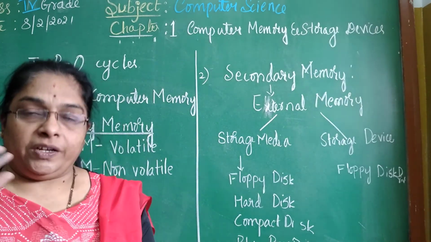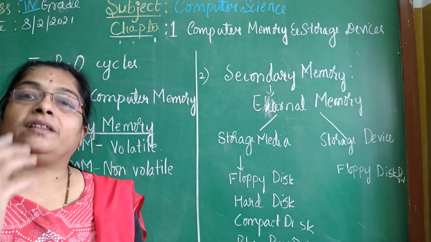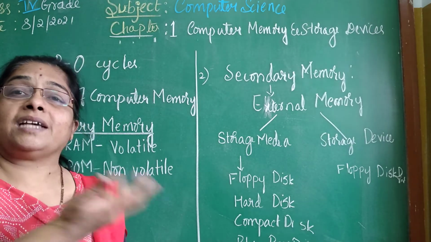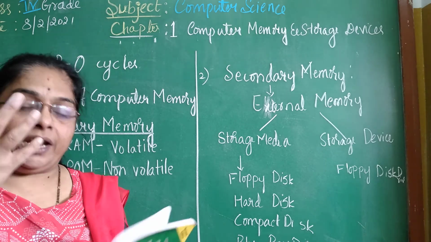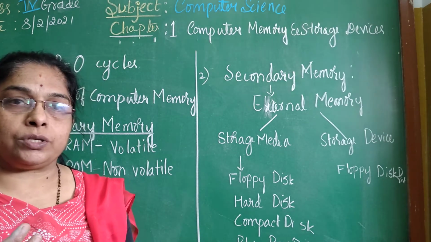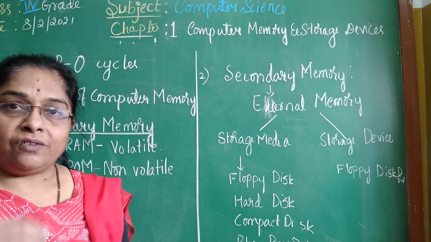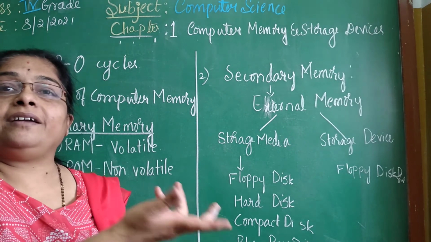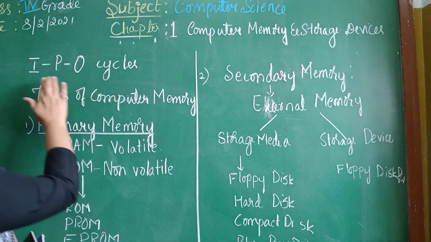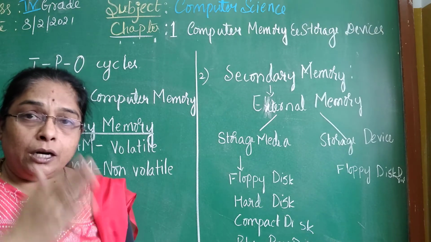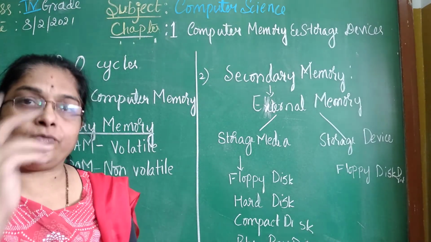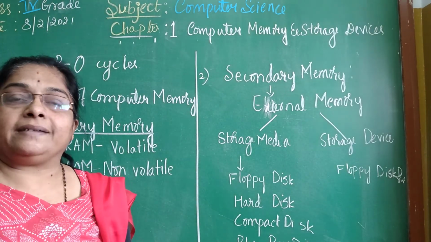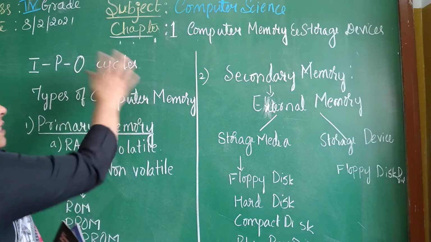What happens? When we put something into the computer with the help of input devices, it gets processed and then we get the result, that is output. As I told you, for example, if you want to drink orange juice, you cannot get it directly. First you peel the orange, put it in the jar, it gets processed, and at the end you get the orange juice. Like that, when we put something into the computer, for example 2 plus 2, that is your input, it gets processed in the CPU and then you get the output, that is the result. That is the input and output cycle.